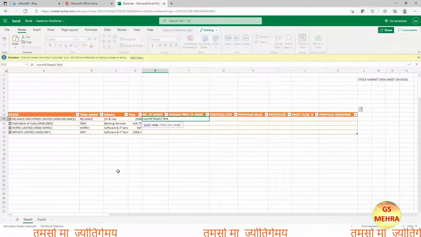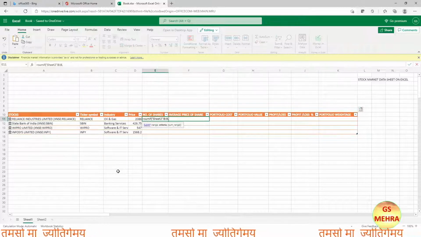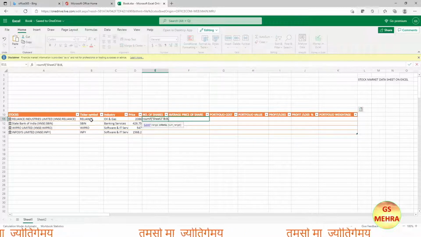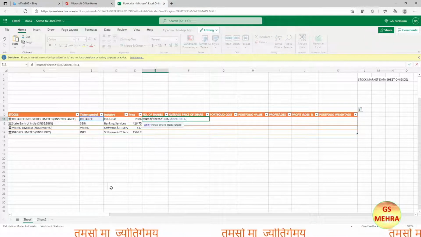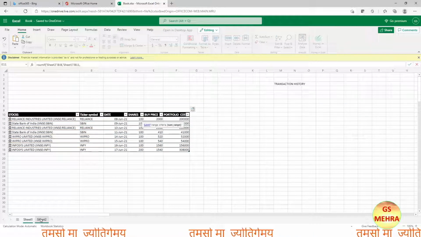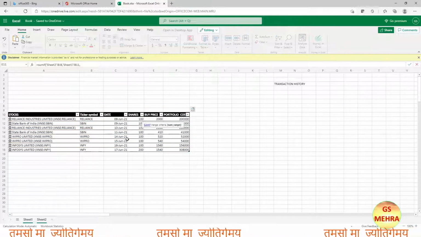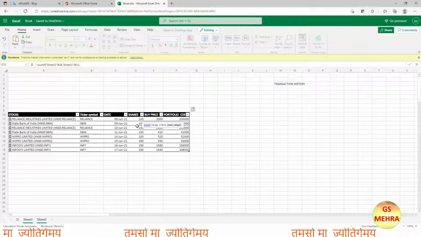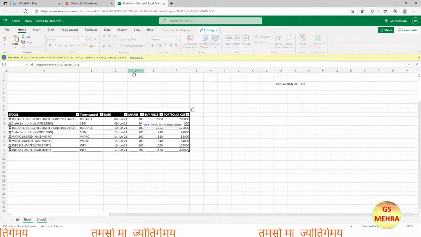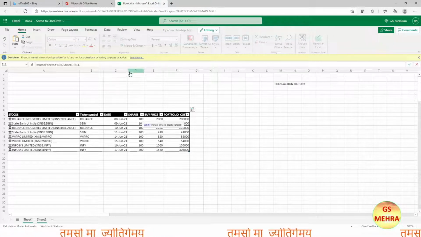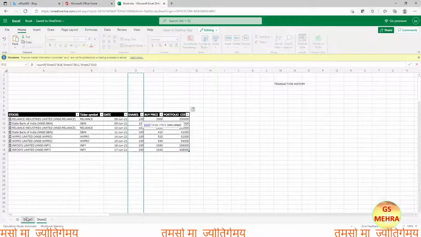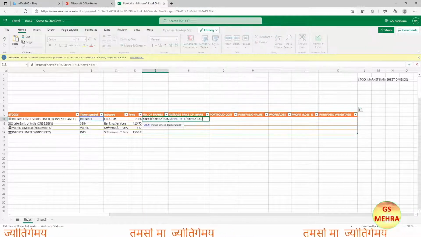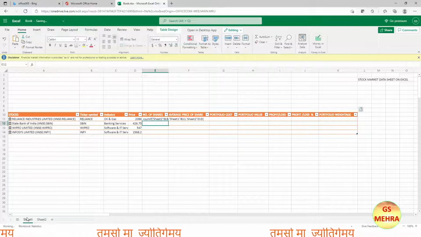Moving back to sheet 1, we'll put a comma, and then since we want to work for Reliance, we'll take the ticker symbol of Reliance, and then move back. We'll move back to sheet 2, and from here we'll take the number of shares. So we'll select the whole column in which the shares are there. We'll click on the letter D, that is, select column D, and move back to sheet 1, and now we'll close the bracket and press enter.